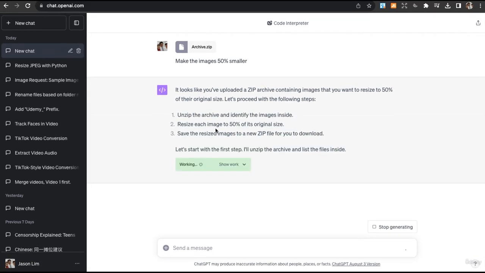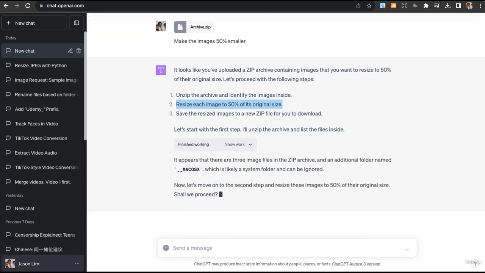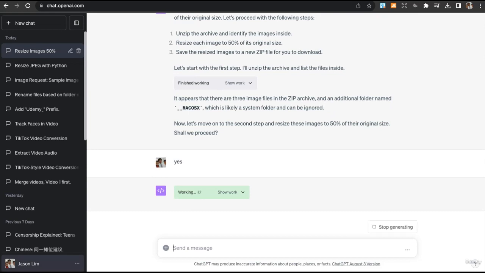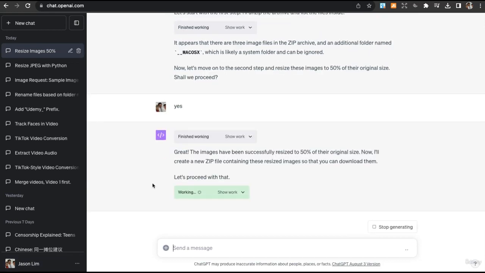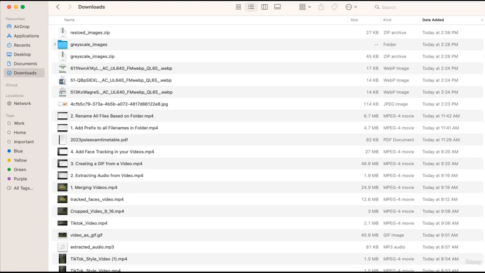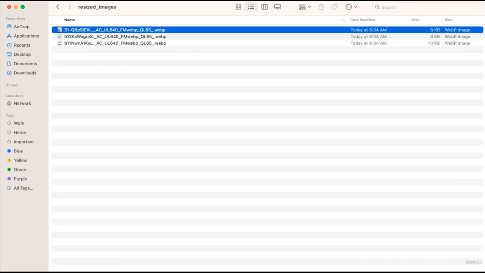Right, so it unzips the archive, it will resize each image to 50% of its original size. Okay, we want to ignore the macOS folder, so yes, let's carry on. Alright, the images have been successfully resized to 50%. Alright, we can download. I downloaded the resized images.zip folder, and let me open this,